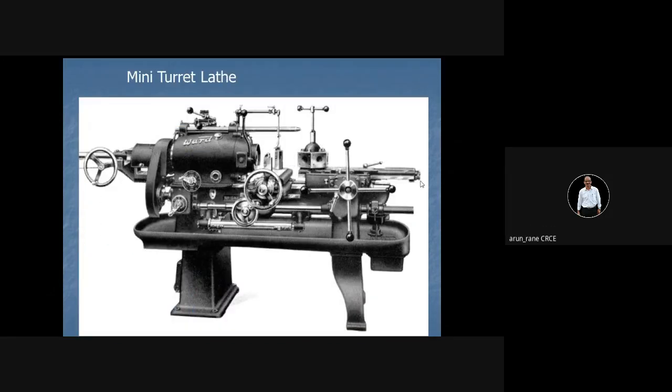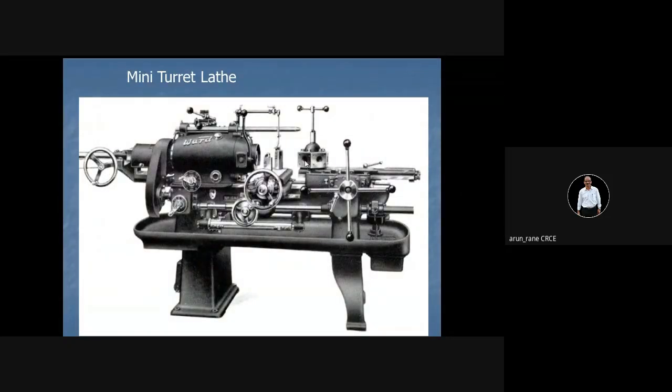Now, this is which machine? Definitely capstan. What is the brand? The brand is Ward, WARD. Why is it a capstan lathe? Because see, this is the turret, and this turret is mounted on this slide. This slide is the auxiliary slide. This auxiliary slide is mounted on this main slide or guideways. This also can be moved and locked to a certain position.